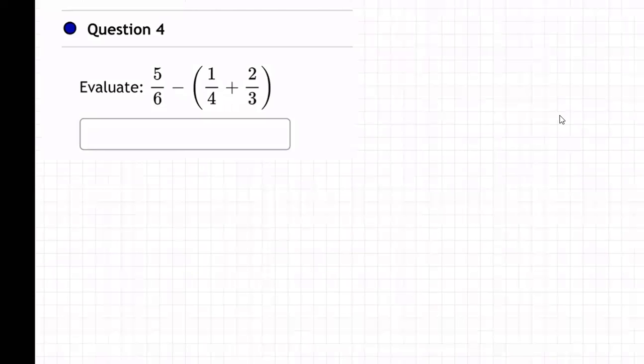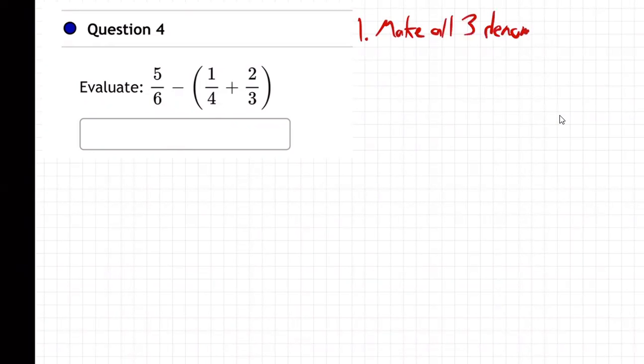Okay, so now on this one, things are a little more challenging because we have 3 denominators, don't we? So what are we going to do? Well, basically the same thing, which is step 1 is make all 3 denominators the same. We got to make all the denominators the same by